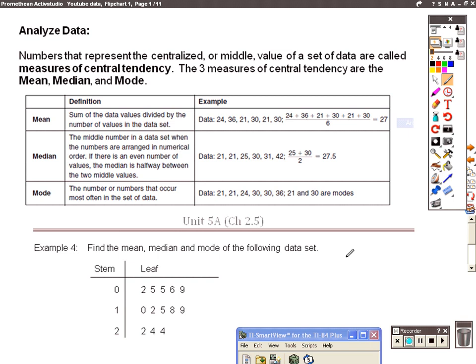One of the topics that you will be dealing with on the HSA is dealing with data, and so I wanted to create a video for you to review the main ways that we look at data in Algebra 1. And a lot of this can be done on the calculator, so one of the things that I'm going to be doing in this video is just reviewing with you how to use your calculator to get the information that